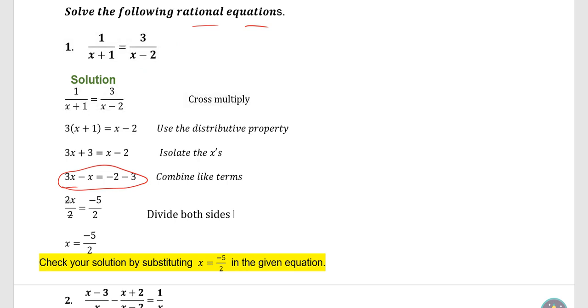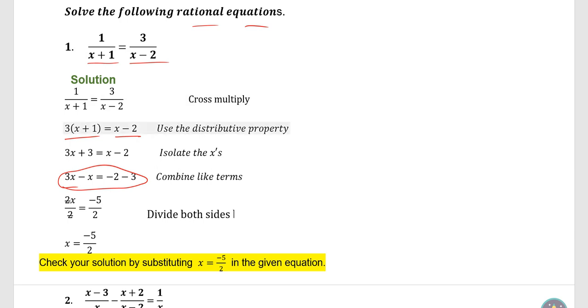Which essentially means that we're taking the lowest common denominator, the LCD. But if it's a single fraction like this, we can call it cross multiplying, right? So we'll have 1 times x minus 2, and then 3 times x plus 1. Okay? And now we have a standard algebraic